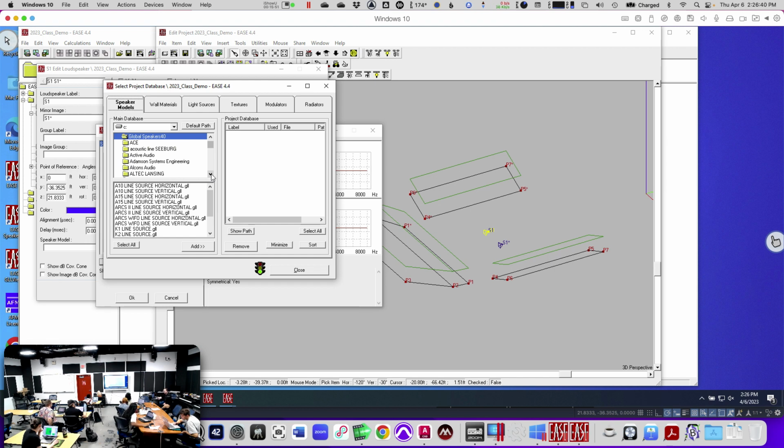Sometimes you will find that the loudspeaker definition files that ship with EASE have problems. They're buggy or they mess things up or whatever, and you want to be very careful about that. And if you find one that does that, delete it from your project and then go to the manufacturer's website and re-download it from them and install it and see if it works better. Okay? So I am going to go here to